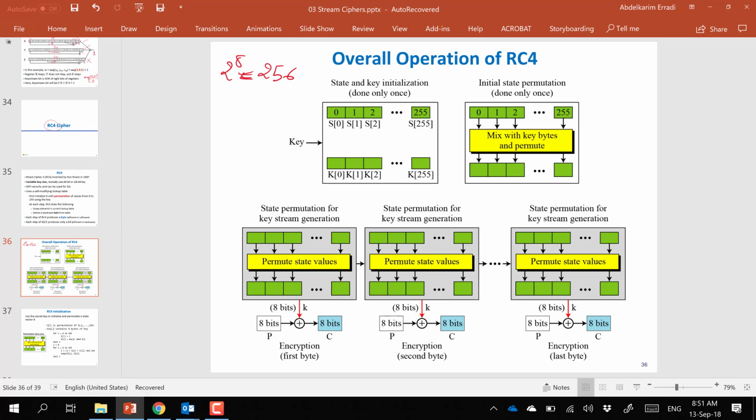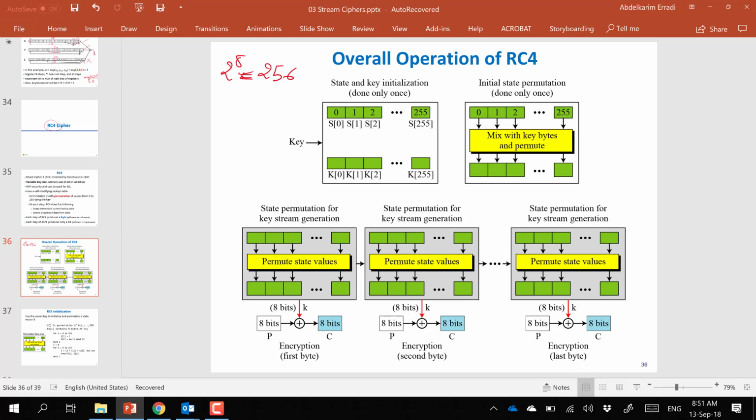Those are the possible values of a byte, from 0 to 255. You take an array, you initialize it with 0 to 255, and then